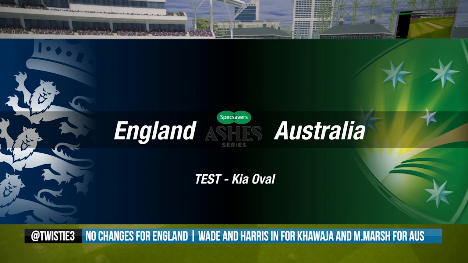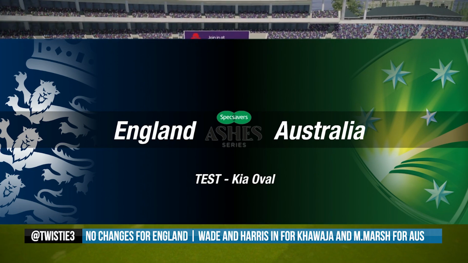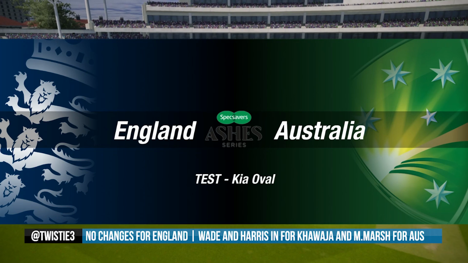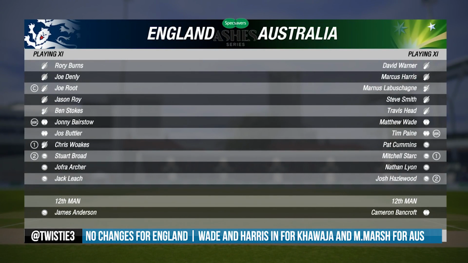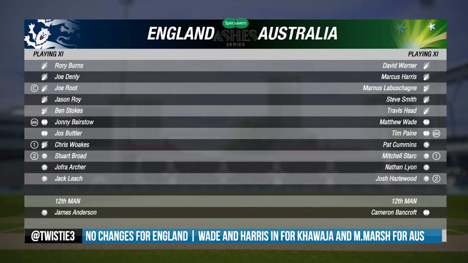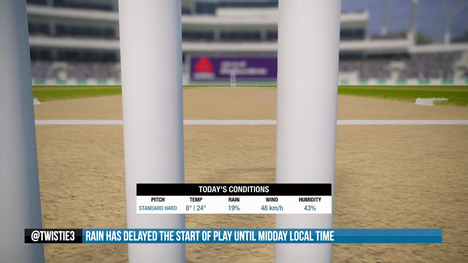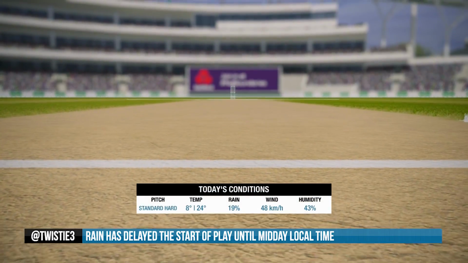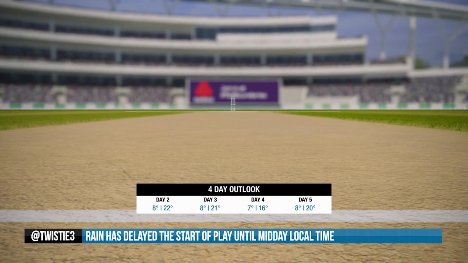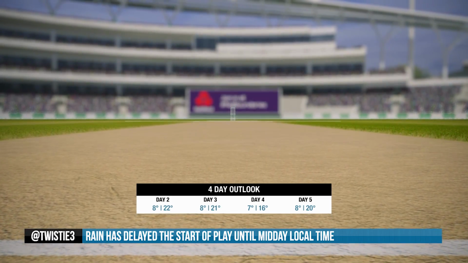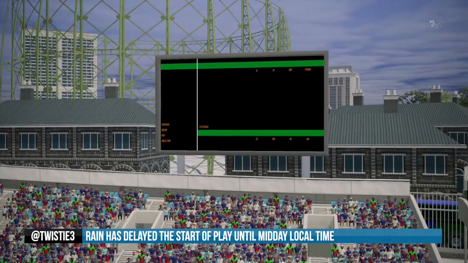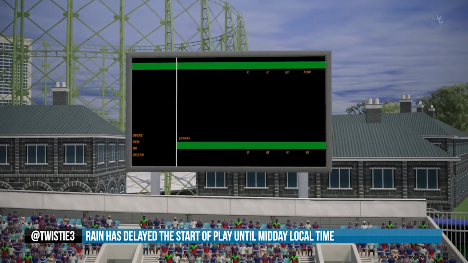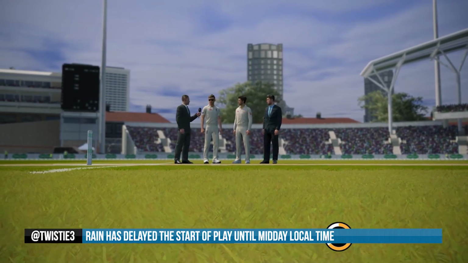Now, once again, our lineups might be a little bit off from the real world. I had to record this a couple days before they announced the teams to make sure it was ready on time. So we don't have any Sam Curran action for England. Apologies to any England fans who would have wanted him in the side. And for Australia, Mitchell Marsh is actually out of my team, even though he might be playing on the weekend, or tomorrow or today or whenever it is. So, there's sort of our changes for the two 11s.